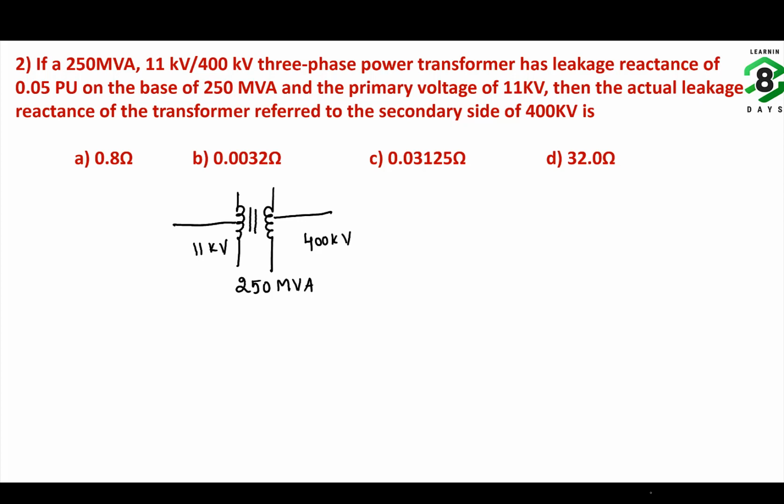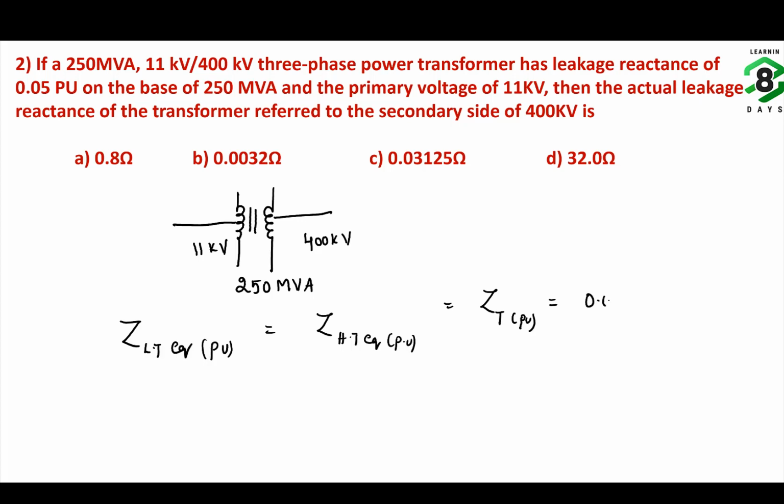That means first we calculate the equivalent impedance of the transformer on HT side or LT side, and we calculate the per unit value for it. So in a transformer, the LT equivalent per unit impedance is equal to the HT equivalent per unit impedance, and that is treated as the per unit impedance of the transformer,